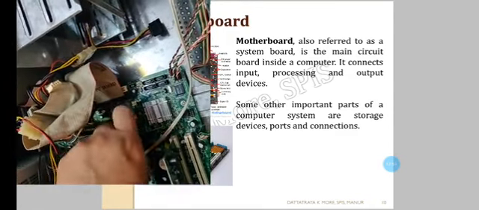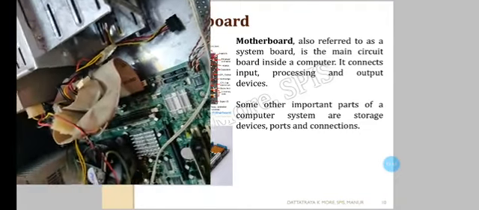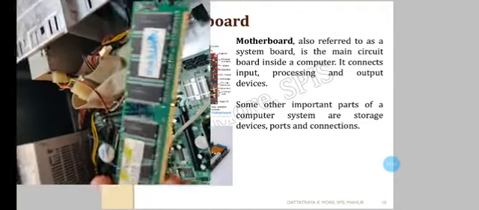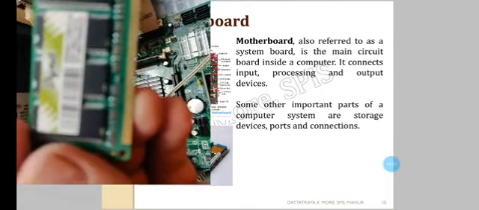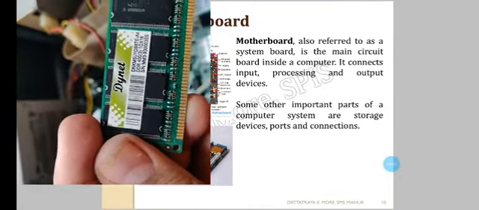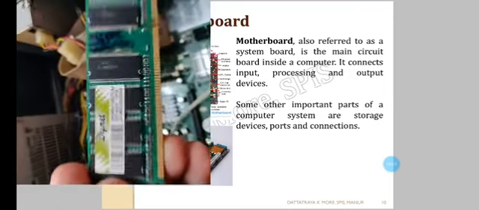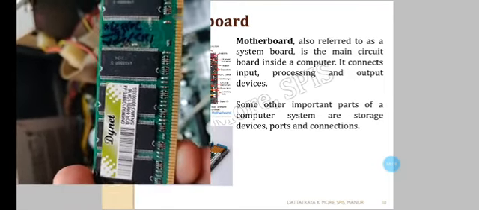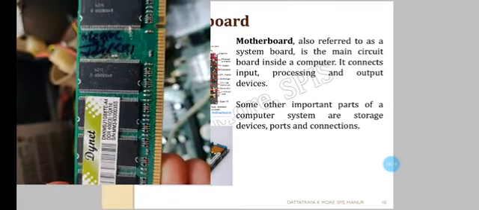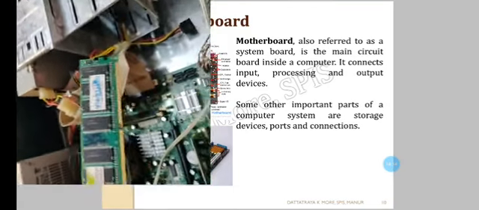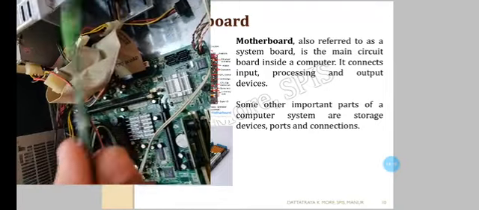This is the RAM. You have to take it out very carefully. It's a very delicate part. You can read what is written here: its memory is 1 GB, Dynet company. This is called RAM, random access memory.